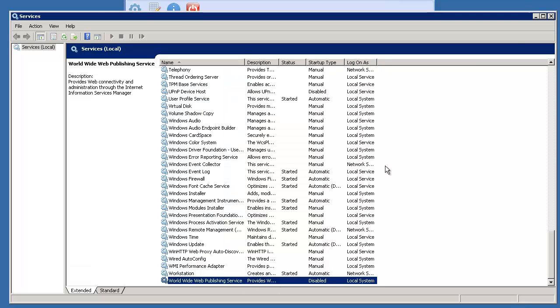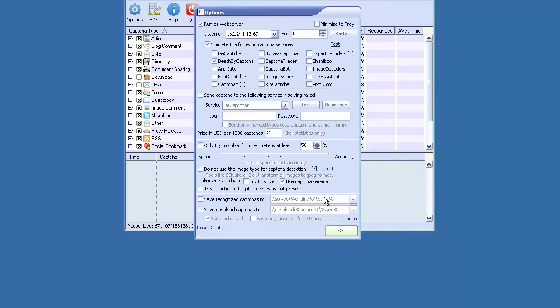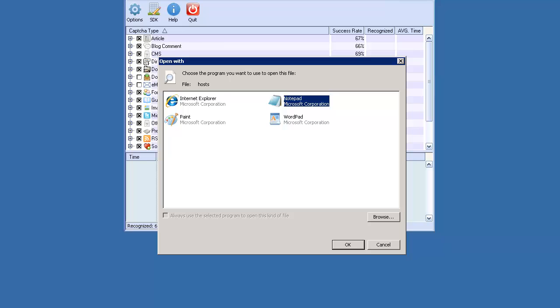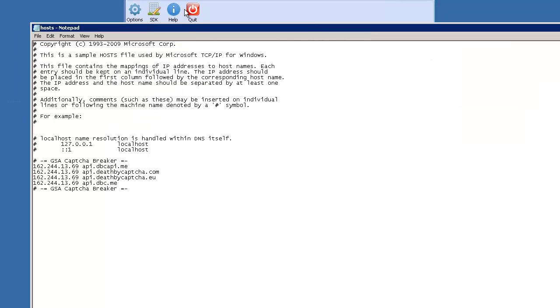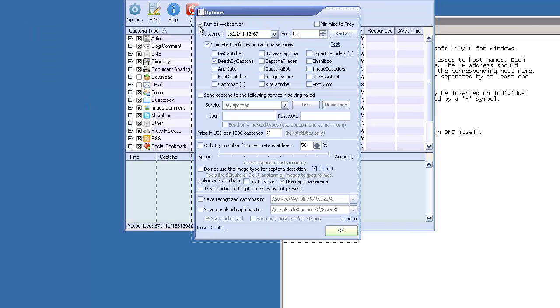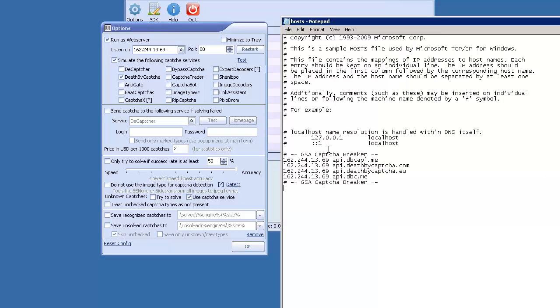Now that it is disabled and stopped, if we close out of here and go to Options, run as web server and click OK, then everything should be fine. What we're going to find is that it has modified our hosts file. Let's just have a look at that. I'm going to open it up, and you'll see that it has added our IP address here of the server, which is 162.xxx.xxx.69, and it adds the Death by Captcha